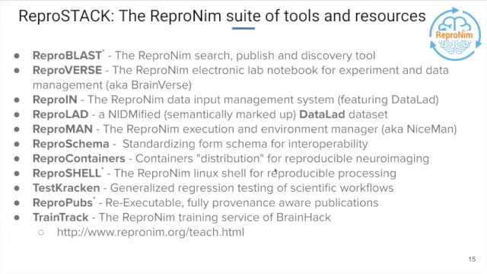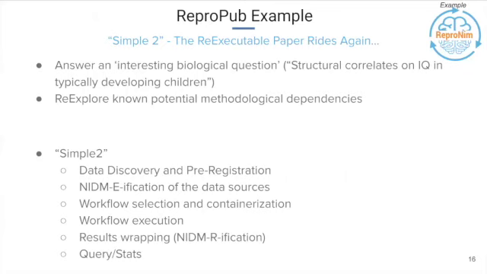Anyway, so all this is designed to help the community generate more re-executable, fully provenance-aware publications. And then there's a large training component, both from the ReproNim training core and inserting training functionalities, like the train track aspect of the OHBM brain hack. So given that our time is really pretty much up, the shared slides will give you an example of a fully re-executable publication.